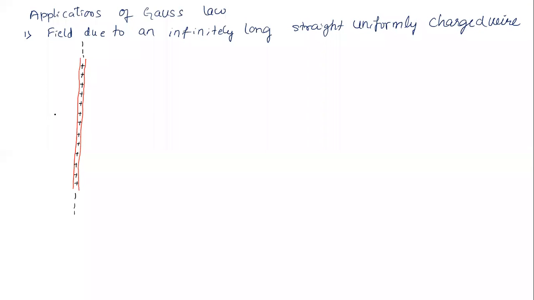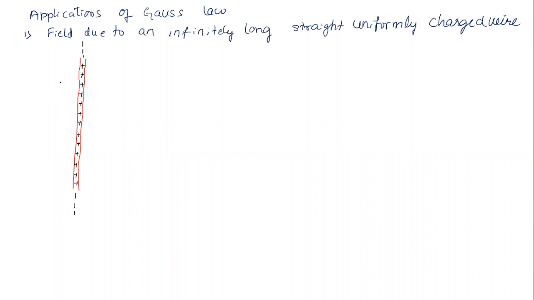Now since it is a positive charge and the charges are distributed linearly, we need to consider linear charge density. Second, I need to find the electric field at some point due to this linear charge distribution. So I'm going to consider a Gaussian surface. What is a Gaussian surface? An imaginary surface. That imaginary surface should not pass through discrete charge, but it can pass through continuous charge.